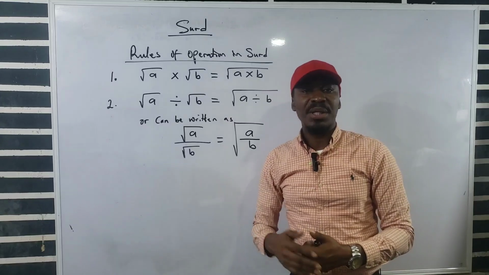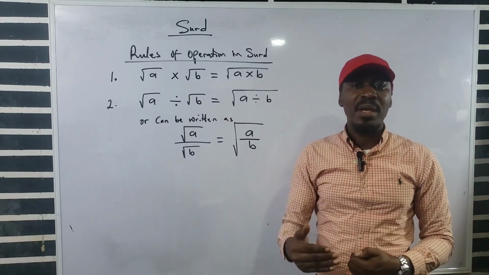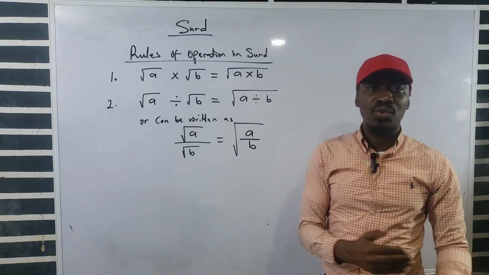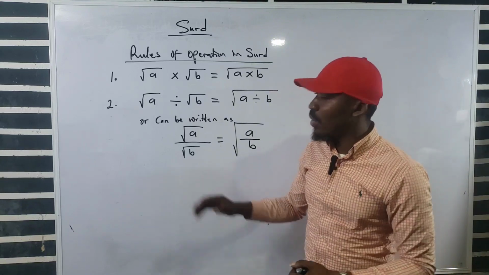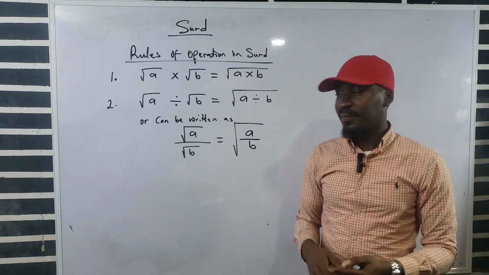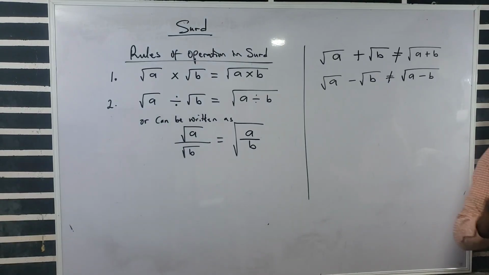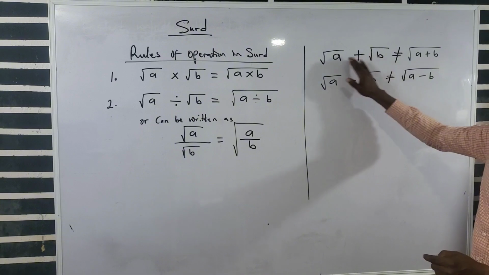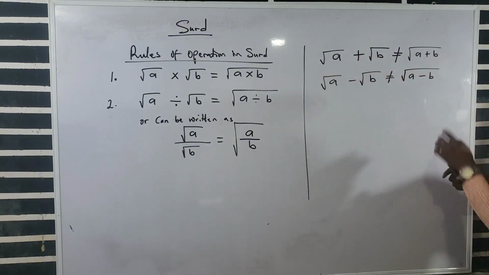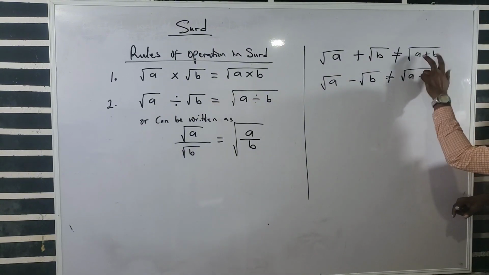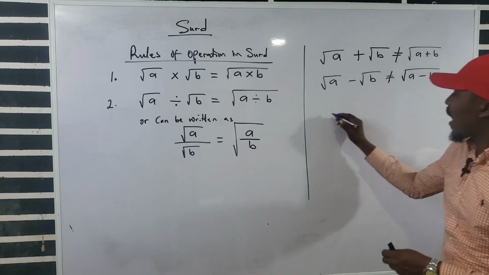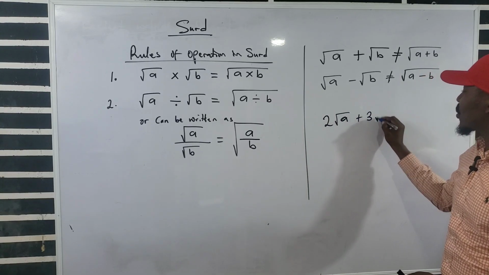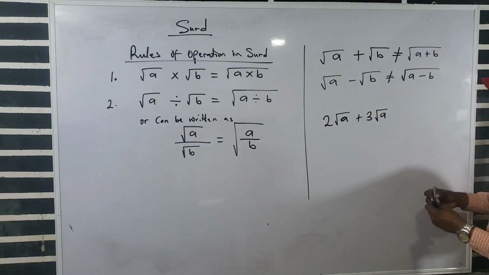Okay, now the question is, can we add two swords? Can we subtract two swords from each other? So let us see what those ones say. So in addition and subtraction, when you add two swords, it cannot give you the addition of the numbers, then square root. No. If I have 2 sword A plus 3 sword A, so you can see that these things are the same sword,